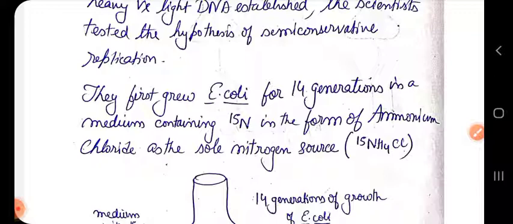During that time, you can see that the cesium chloride settles to the bottom, while the DNA moves to the respective positions according to their density. The DNA labeled with the heavier isotope of nitrogen settles a little bit toward the bottom because it is heavier, and the DNA with the light isotope of nitrogen settles above. So using this arrangement, they used that technique to prove the semi-conservative nature of DNA replication.